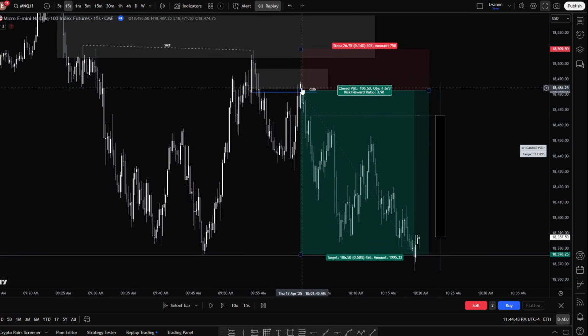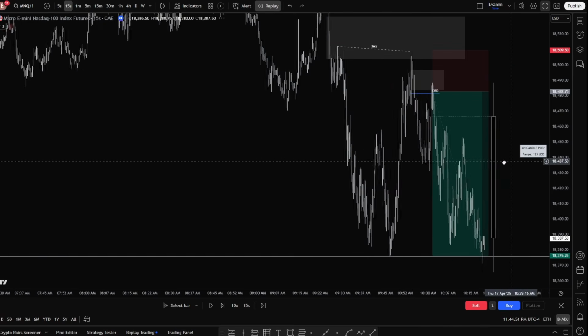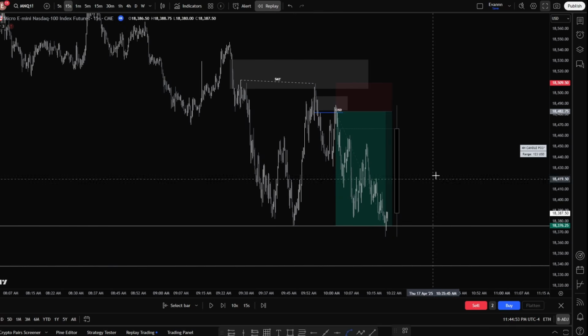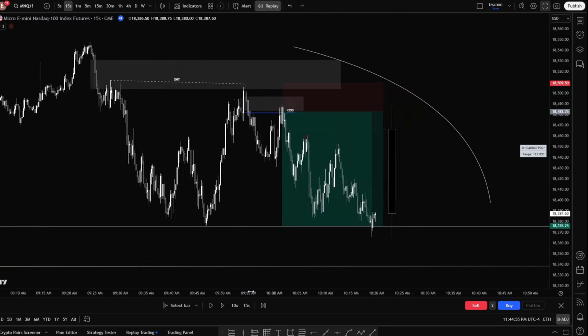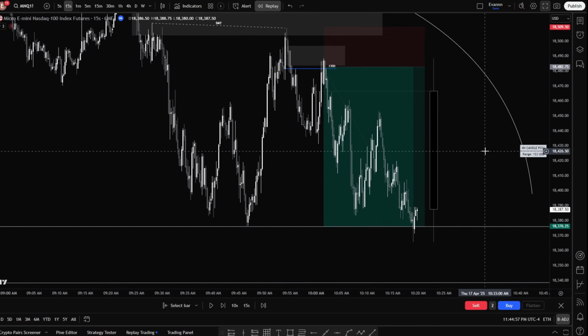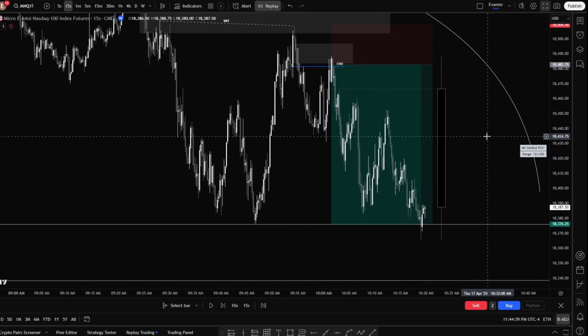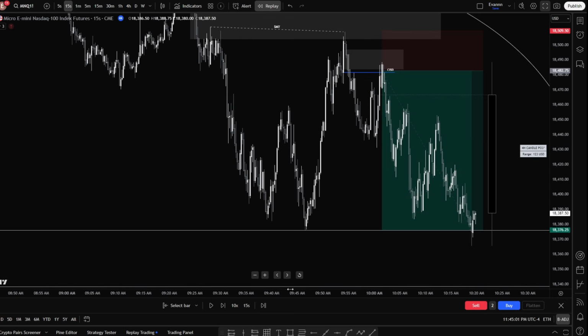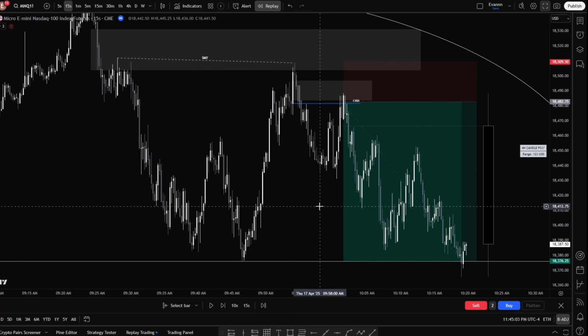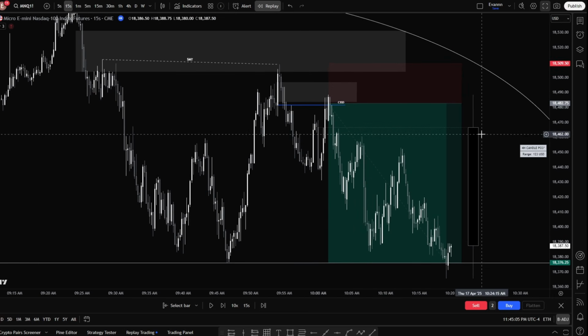Manipulation above the high, tapped into an area we expect to reject with our model, and then we see the expansion move lower, which is aligned with our higher time frame model. So those who are catching my drift understand this can be very powerful, because some people, without using the 10 a.m. candle and the manipulation,